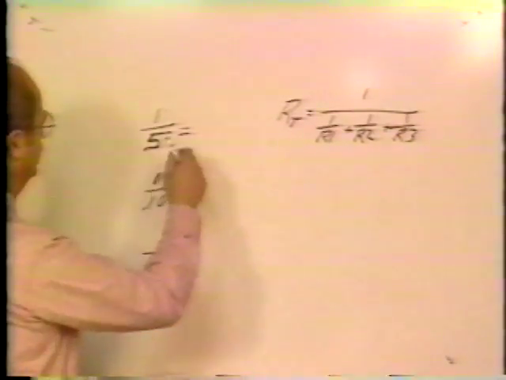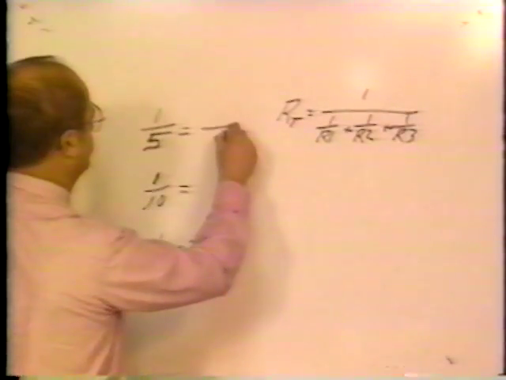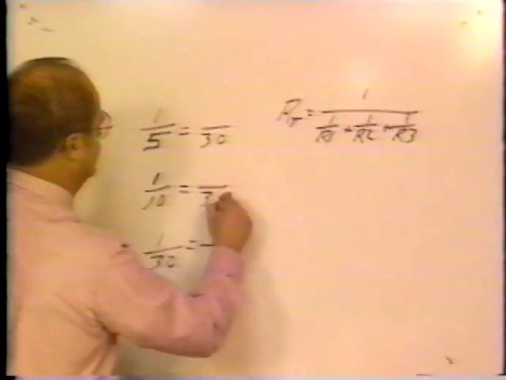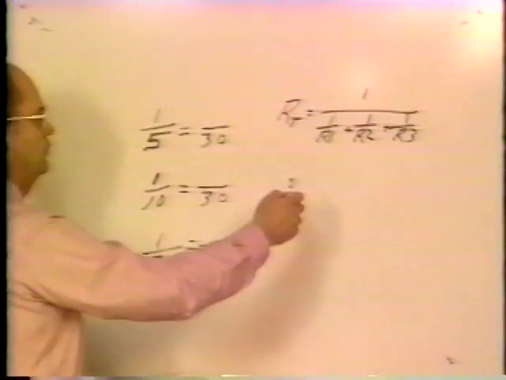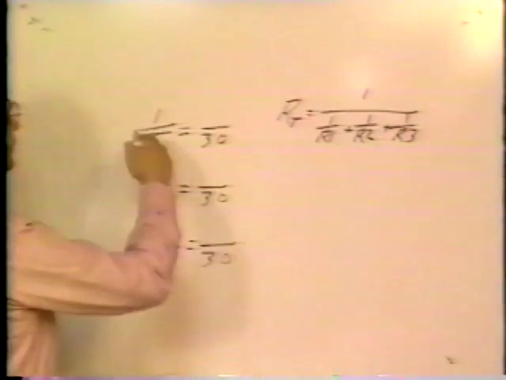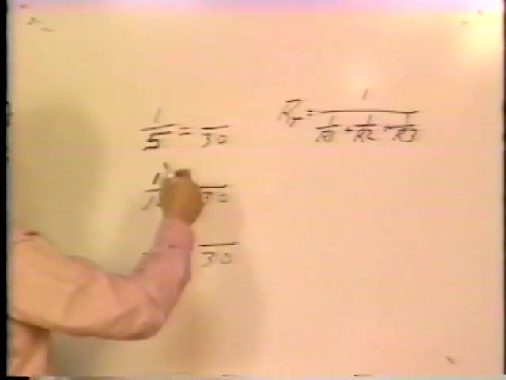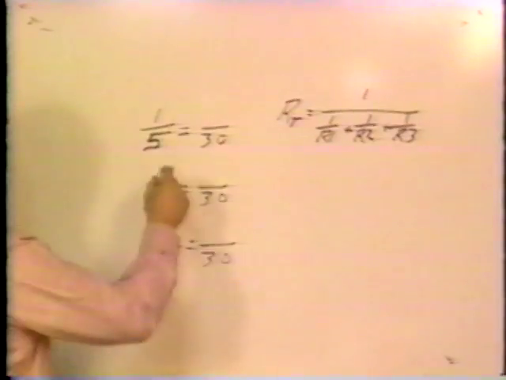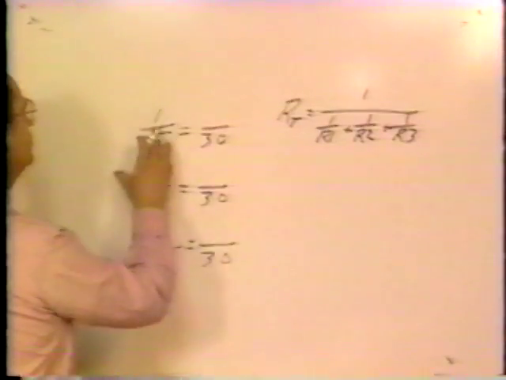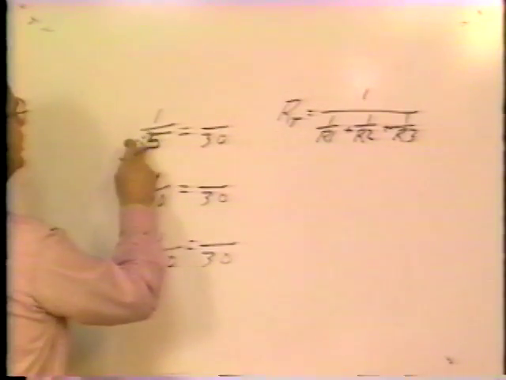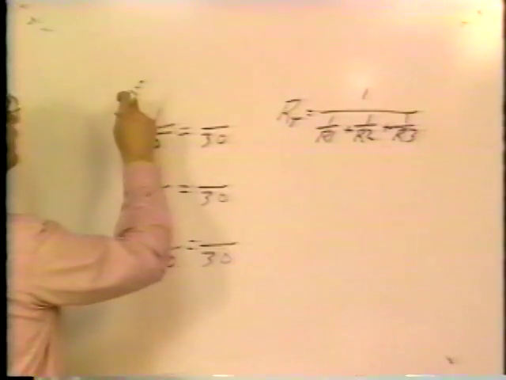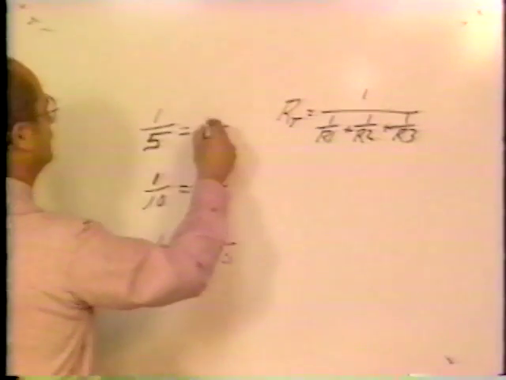Now, the common denominator for all 3 of them would be 30, so I'm going to change all of these to 30ths. Now, keeping in mind we're taking the whole and into 30, and we're considering how many parts of that whole. Now, if I want 30ths out of this fraction, I have to multiply 30 times the denominator. If I do it times the denominator, then I have to also do it to the numerator, so then I would have